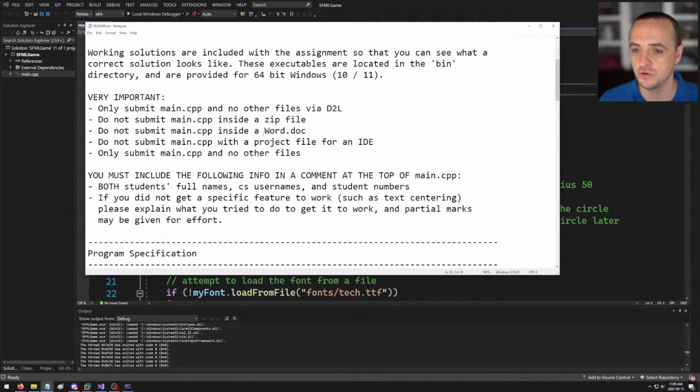I got someone who copied the contents of main.cpp into a Word document, saved it as a .doc, and then submitted it to me. I apologize if you're watching and you feel bad, but you should feel bad, okay? Now, it turns out that since I've written this,